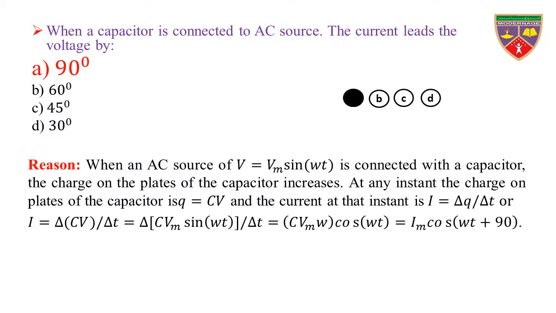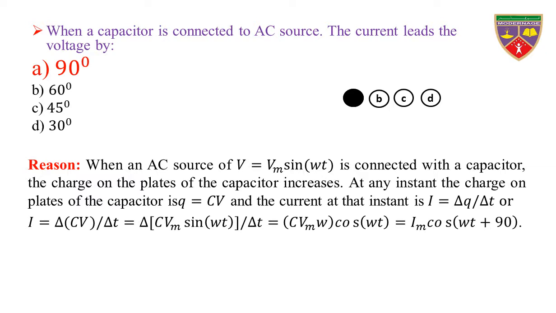Reason: when an AC source of voltage V is equal to Vm sin omega t is connected with the capacitor, the charge on the plates of the capacitor increases. At any instant, the charge on plates of the capacitor is Q is equal to CV, and the current at that instant is I is equal to delta Q divided by delta t, or I is equal to delta CV divided by delta t, which is equal to delta